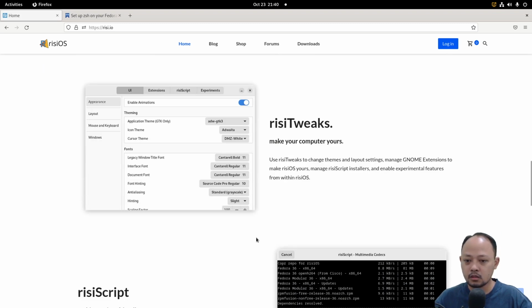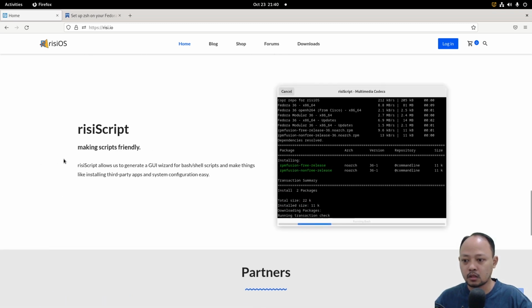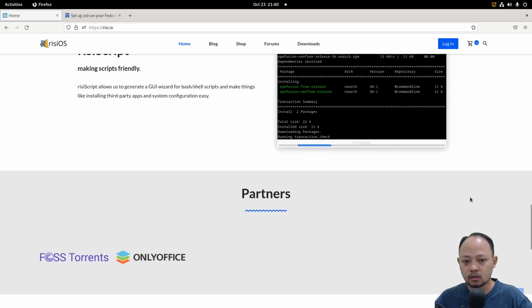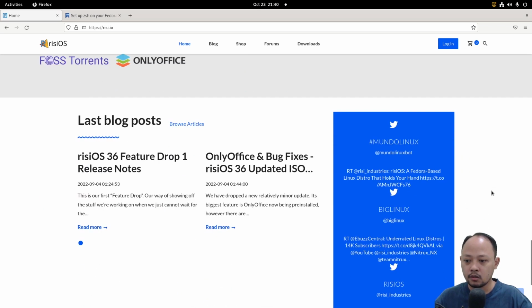And then Risi has Risi Tweaks. I think this is the place where we can change our theme, font, and something like that. And then Risi Script, I don't know actually what it is. We can try it after we install RisiOS.